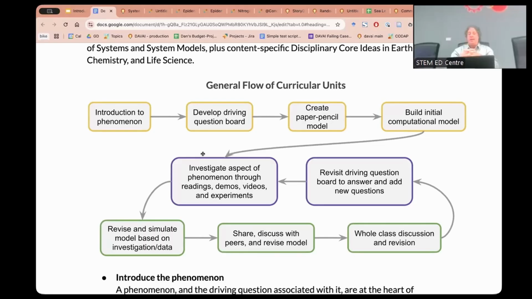Generally, when I think about designing some lessons or curricular units around SageModeler, it starts with an introduction to the phenomenon, getting students sort of interested and excited, connecting it to the real world for them, and ideally something that they care about. We often use the driving question board, where we ask students, well, what questions do you have about this phenomenon? What questions would we need to answer in order to